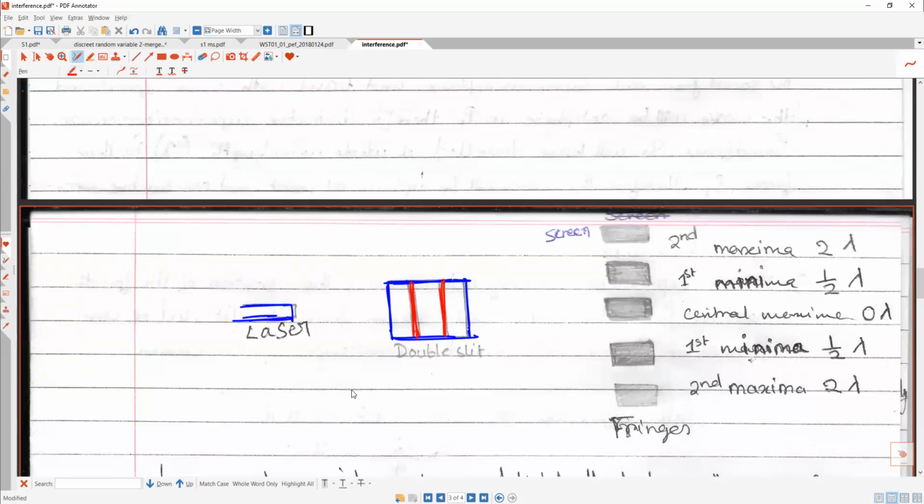This is exactly like something like this. If you see the bird's eye view, this is how it looks. Let me show you with the blue color boundary. This is your blue color boundary, and the gaps you see in between are the red color. So what happens? The laser light passes through like this.